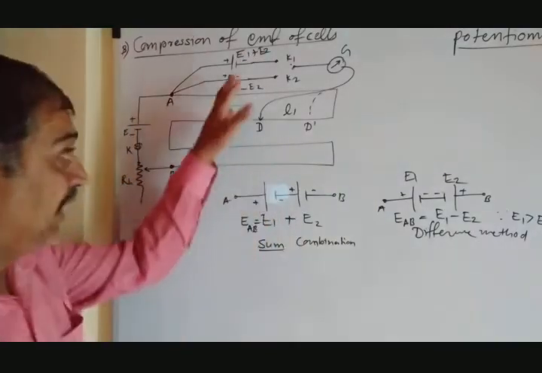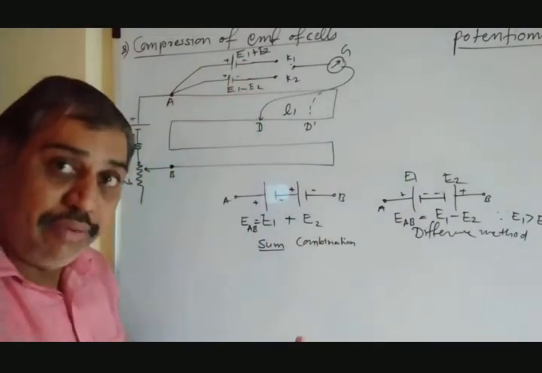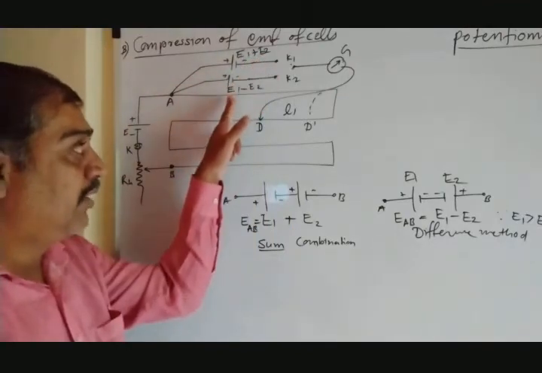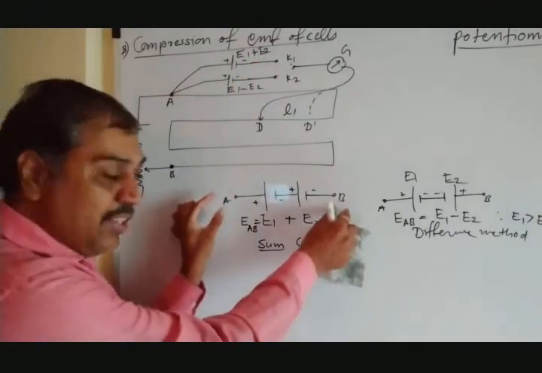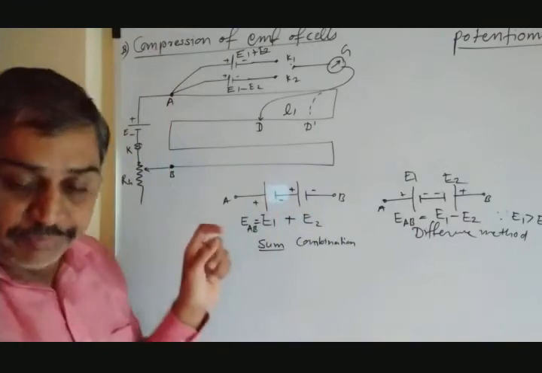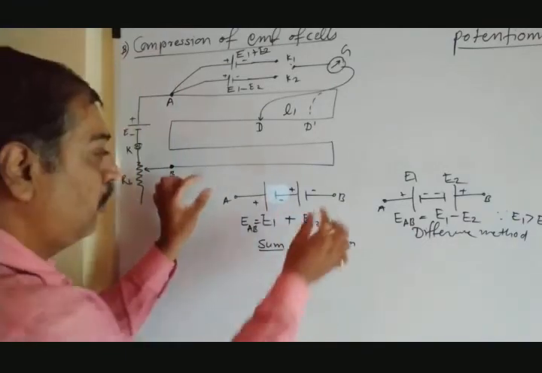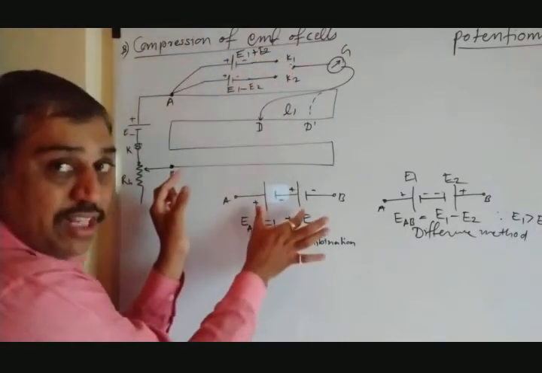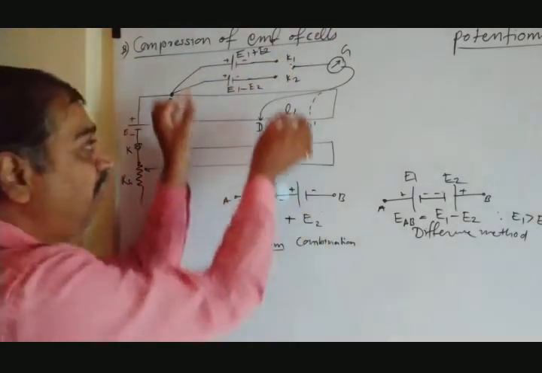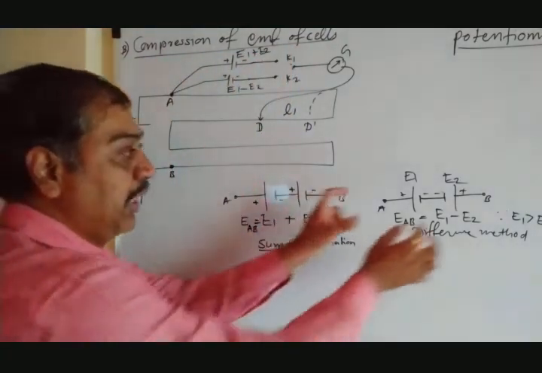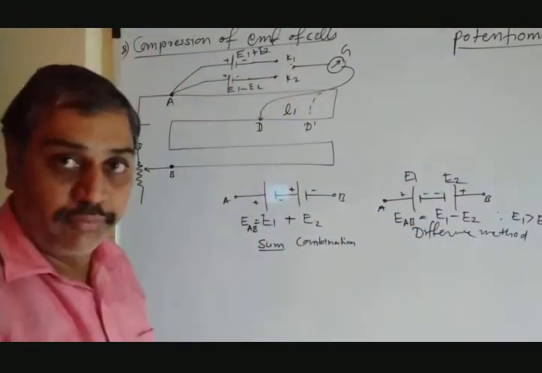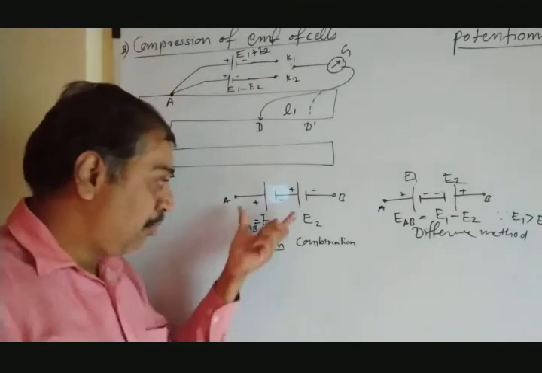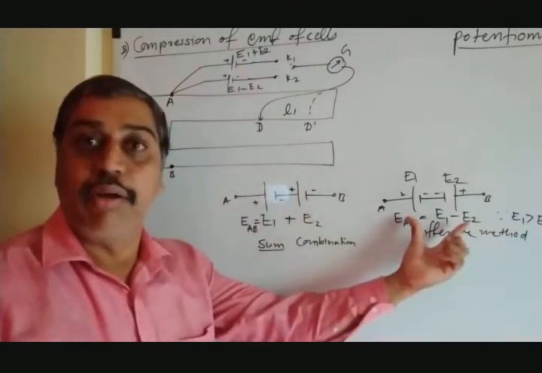See, initially E1, E2 are there. Now what have we done? Sum method and difference method. So this is E1 plus E2, and this is E1 minus E2. Just hold this combination and put it here. Hold the sum combination and put it here, plus minus like this, two cells in series. So the resultant comes here as E1 plus E2, and E1 minus E2 put here. I have shown one cell here, but actually they are two, some combination like this and the difference combination like this.